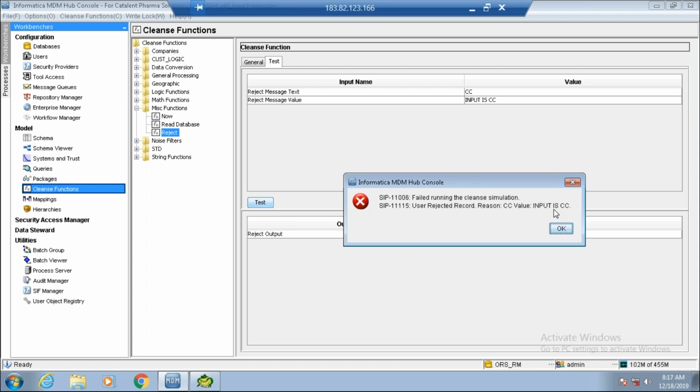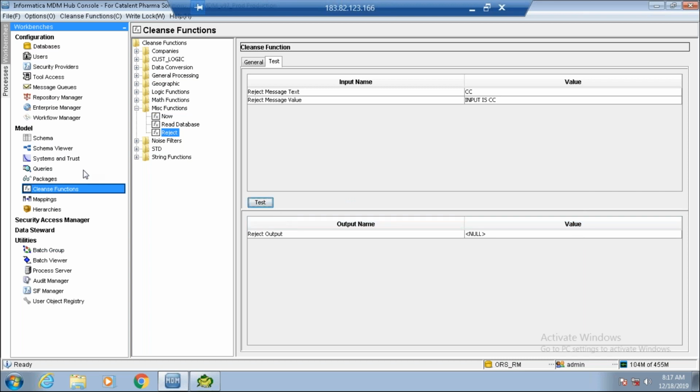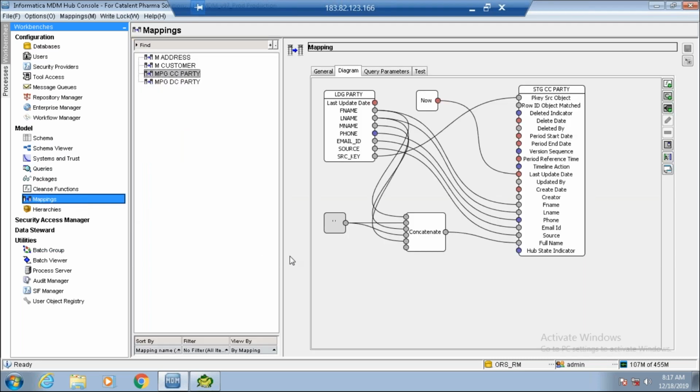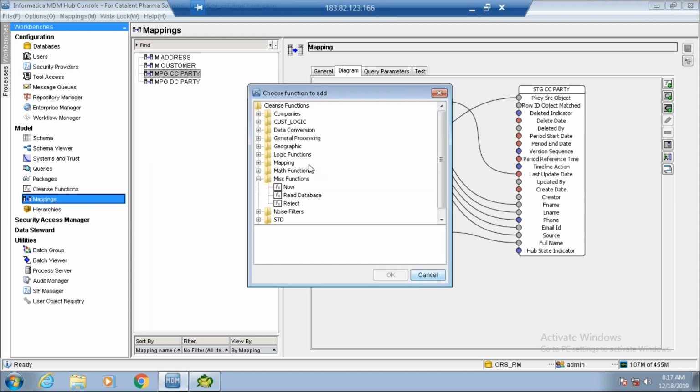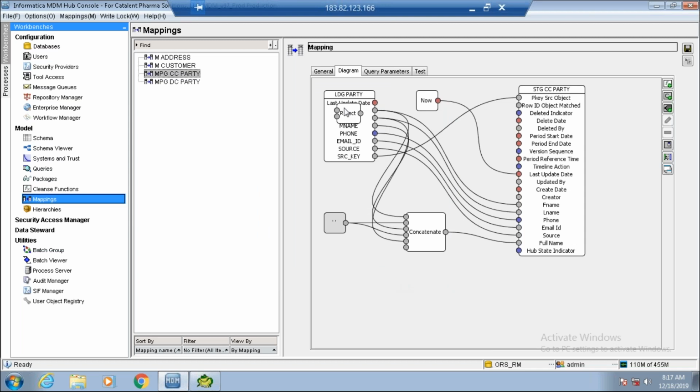Input is CC, which is my output value. In my mappings, if I add a reject, and if I map something to that reject, that means if a value comes to the reject, then